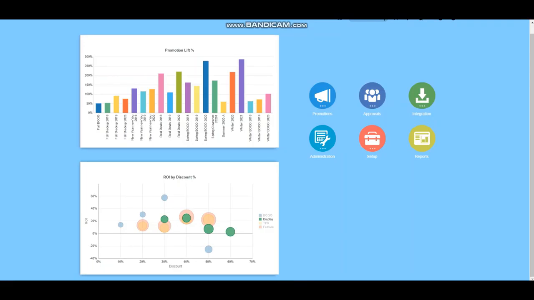Display, well, we're probably getting a lot of units when we have very high discounts, 50 and 60%. The benefit, or let's call it the financial viability of such a promotion might be in doubt. After we've looked at all of this, I want to take a look at what promotions I